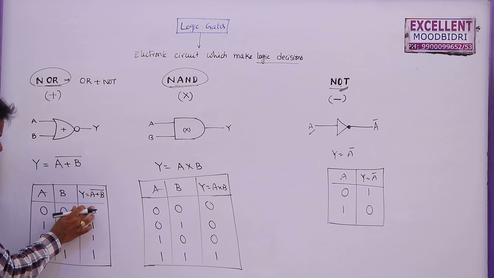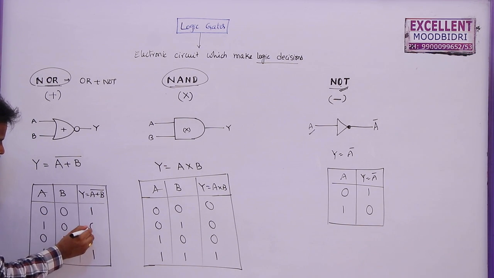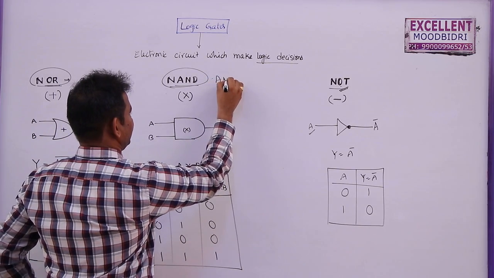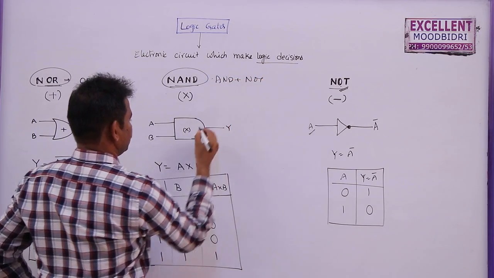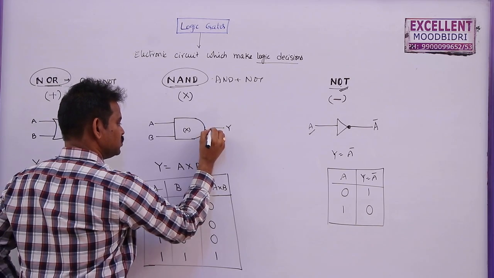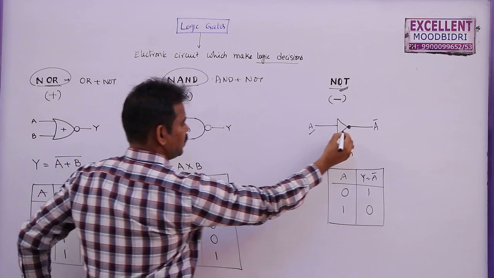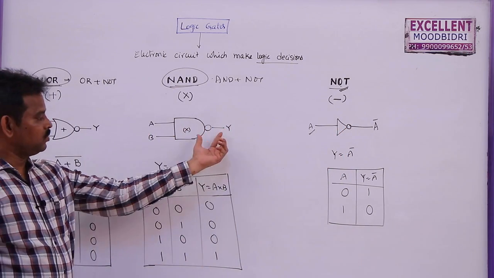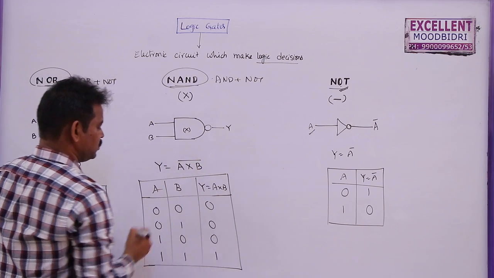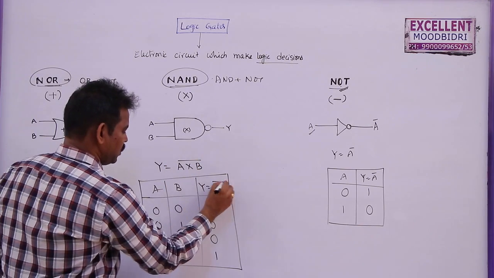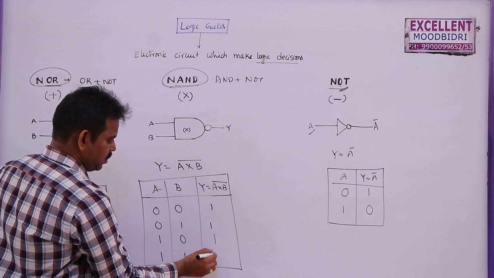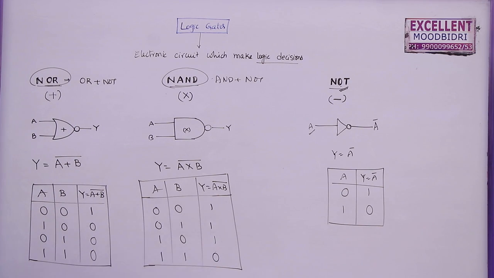0 and 0, this will become 1 here. The output will be reversed here. So 1 will become 0, 0, 0. Similarly for NAND gate, this is a combination of AND gate plus NOT gate. So here also we need to denote this with a small circle in front of this one, as we are denoting the circle here. So this is the NOT gate. Now if you combine these two, you will get this one, and the logic operation is complement of a cross b, and output will be like this. This will become 1, 1, 1, and this will become 0 here.